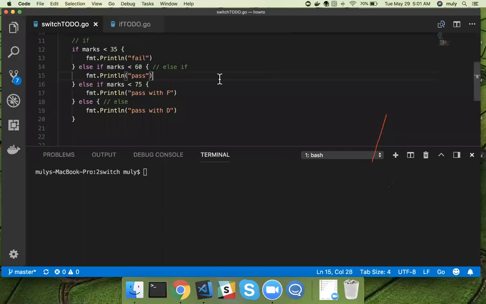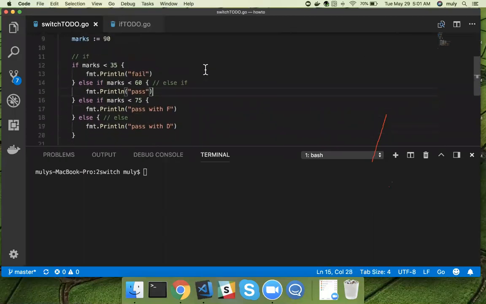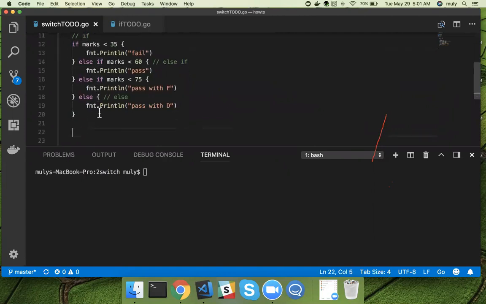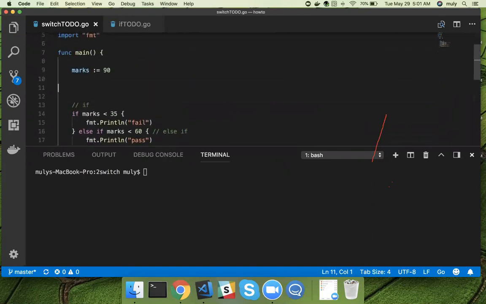Okay, so with switch, we can actually replace the existing if-else ladder with the cleanly looking switch. So the way we do that is, I copied this from the previous example, right? If block. So the way switch works is, you put the switch keyword,